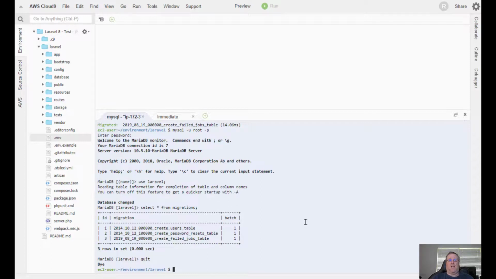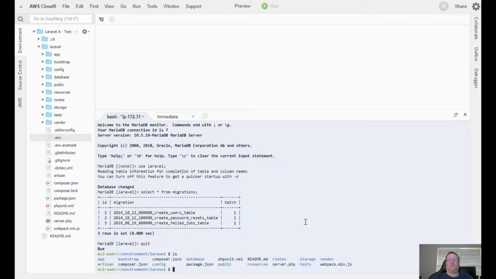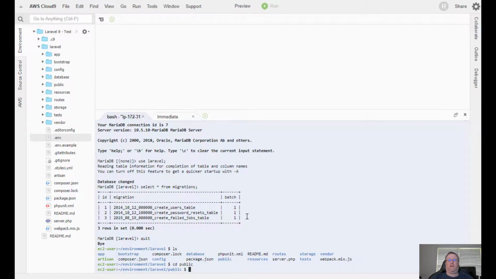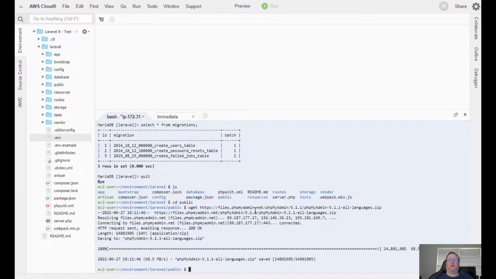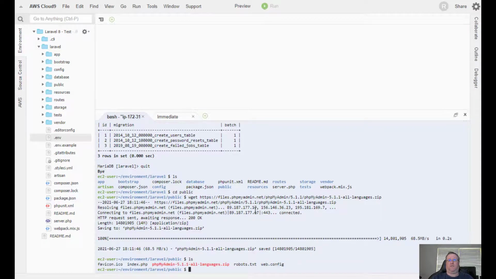Come back to your AWS Cloud9 instance, and you'll want to make sure that you're inside your Laravel's public folder. So in our case here, it's going to be under Laravel/public. From here, you're going to use wget and then paste in the URL of the phpMyAdmin that you want to download. Might be a different version by the time you're watching this video. So whatever it is, you're going to want to download the latest, unzip it,